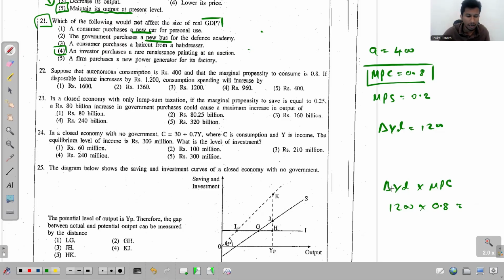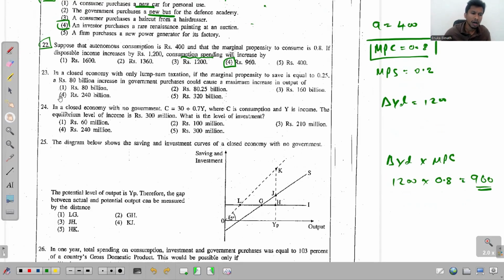1200, we simply multiply by 0.8 and the answer will be 960, right? The answer is 960. So that is by how much his consumption spending will increase. So the answer for this question 22 is the fourth one. Right, 23,